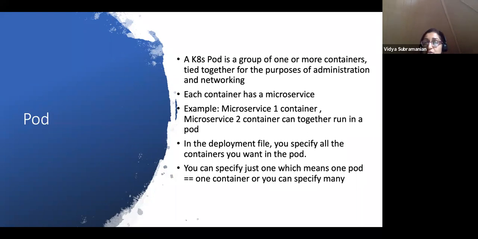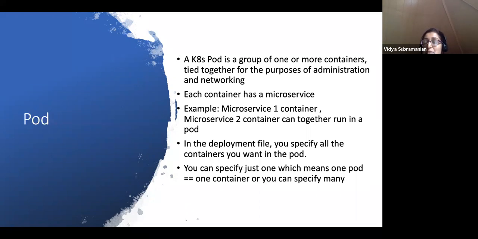From an administration perspective and networking perspective is where the concept of a pod is very powerful, because it's allowing you to group all of these together and administer and network it together from an optimization point of view at times, because if it is possible for multiple microservices to share some of this, you could totally have it in the same pod and not necessarily split it.